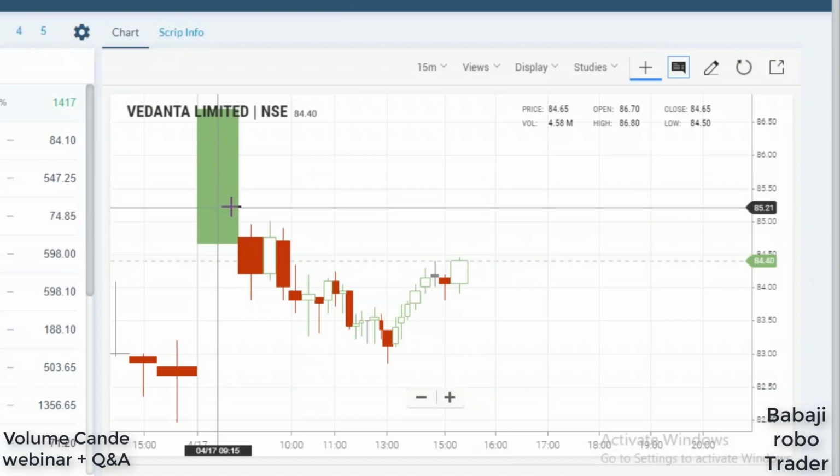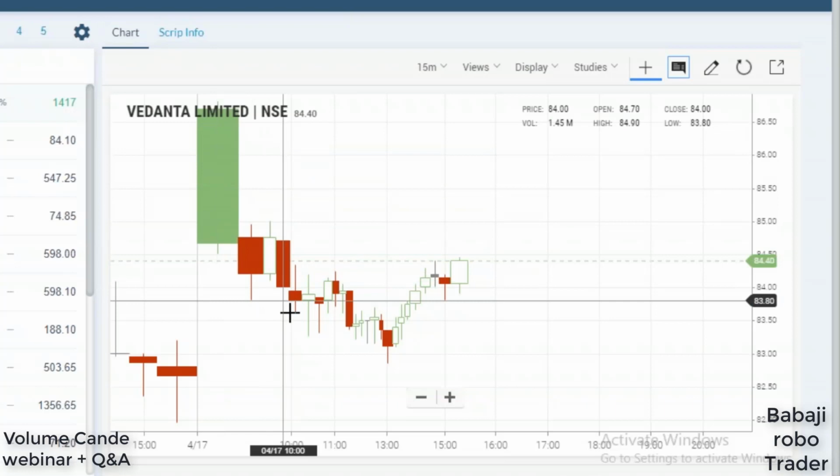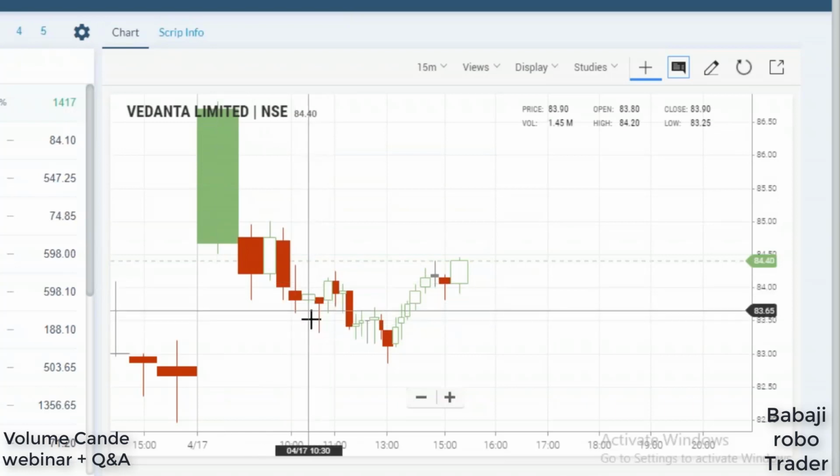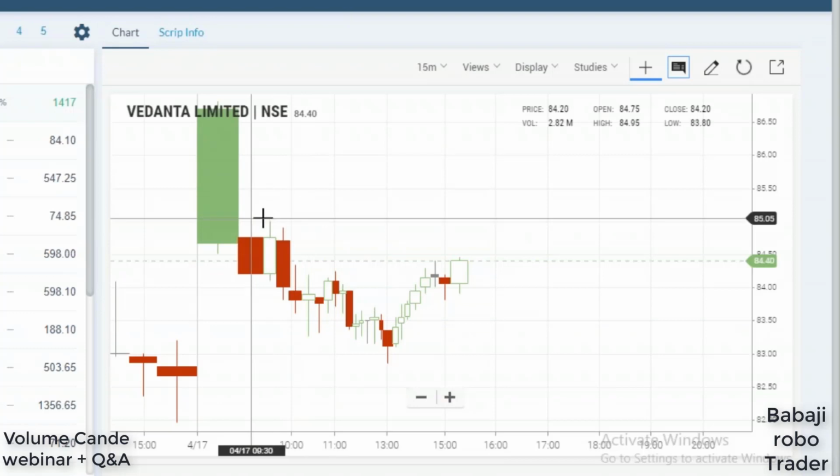So here we can see the market started higher and just started moving down, and we have a pin bar here. A pin bar means it should have the opposite wick, right? The opposite wick of the trend. Suppose the trend is on the downside and it shows a wick on the opposite side, so we have to wait for the volume for confirmation, and then we take the trade.